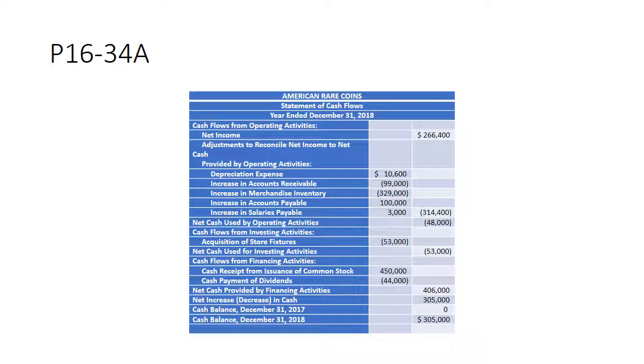So cash increased $305,000. Cash started with a zero balance. So we take 305 plus 0. The cash balance, as we can verify on our balance sheet, is $305,000. So that was a great exercise to open your mind up a little bit to the statement of cash flows, see how the balance sheet and income statement interact to create the statement of cash flows. So that is problem